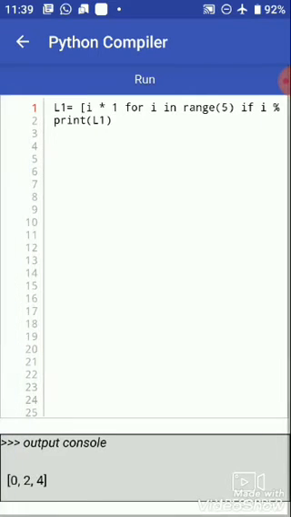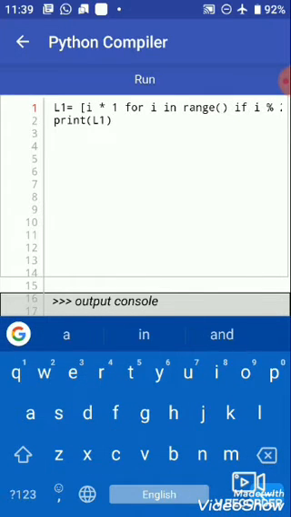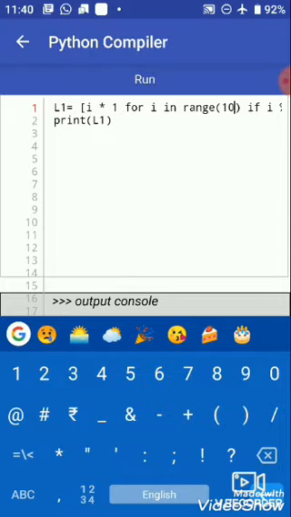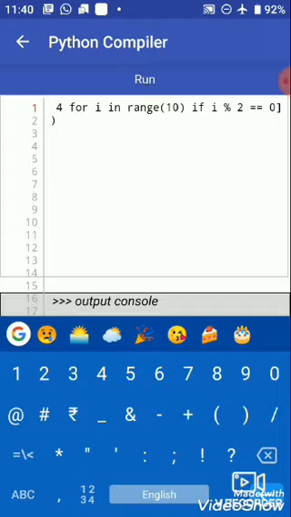So in this list we increase some elements. If the range is 10 and I multiply with 4, and if i % 3 equals 0, we find the values that are multiples of 3.